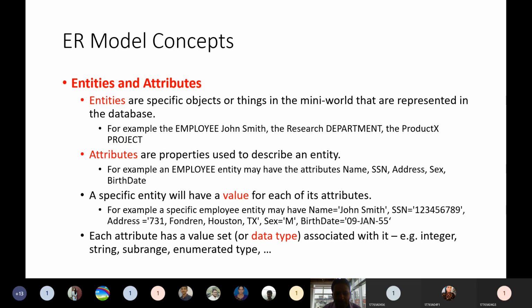And then attributes. Attributes are the properties. If you relate this to Java, whenever you look at an object, there will be some attributes, some properties for that object. So we take the entity, and for that entity there are some properties. Those properties are used to describe the entity. That's the point here. These attributes should describe the entity.